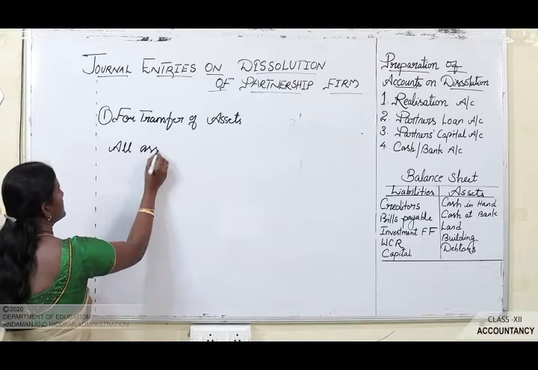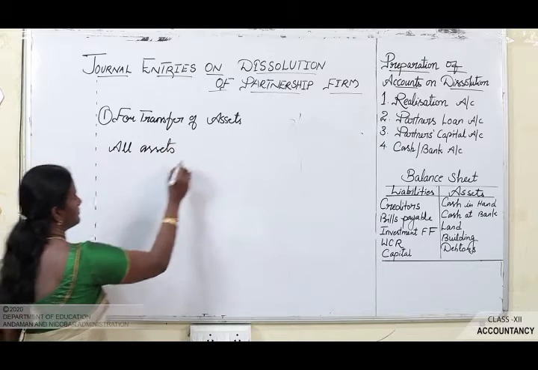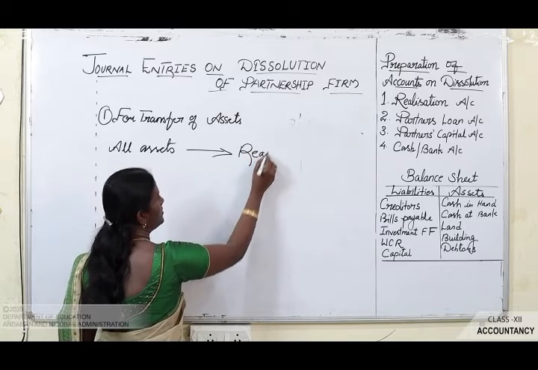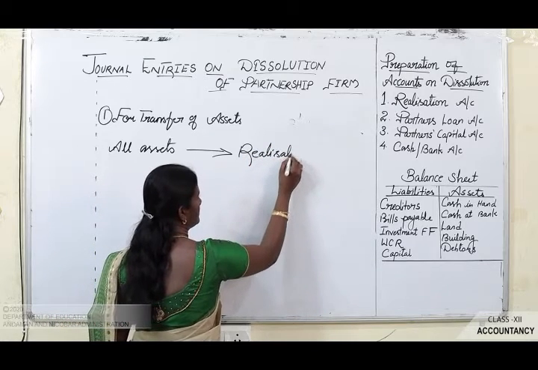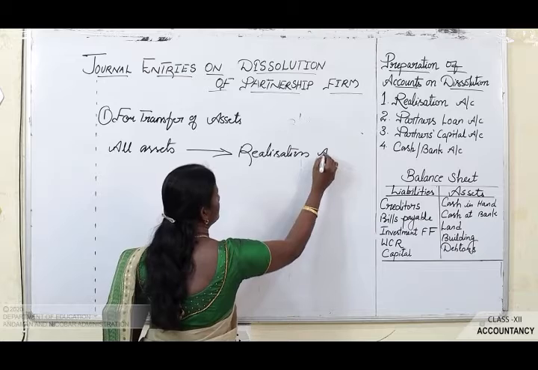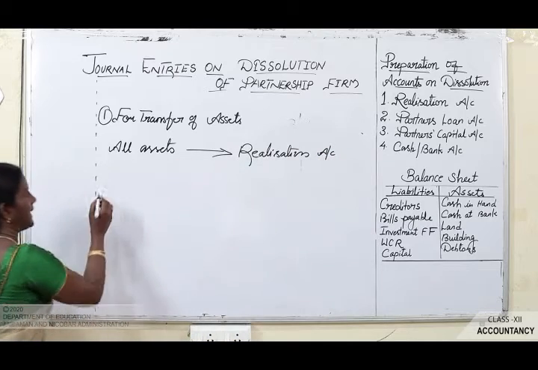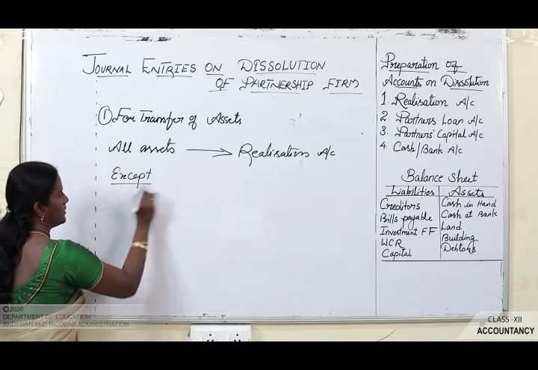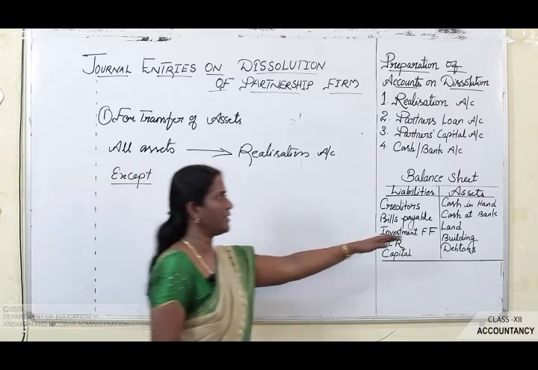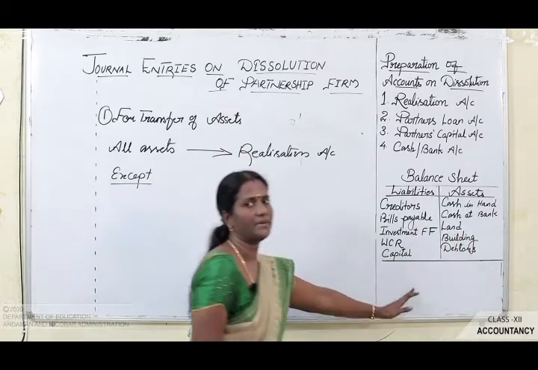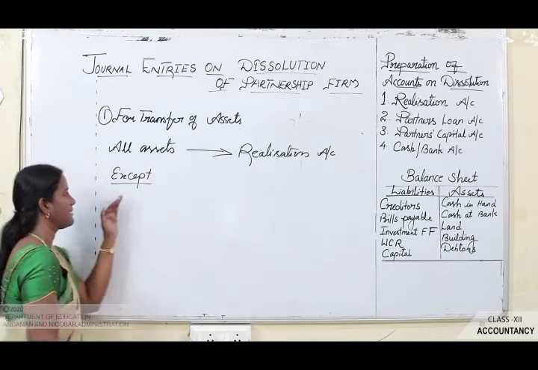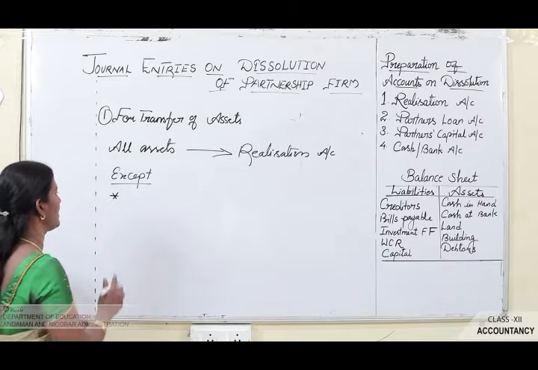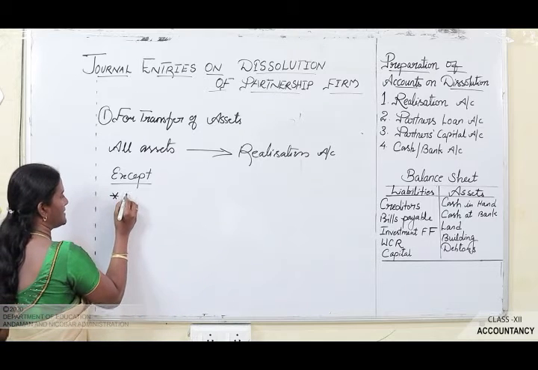All assets will be transferred to the realization account except some. As I told, not all the assets will be transferred to the realization account. Except some assets, you have to transfer all the assets to the realization account, and the assets excluded are